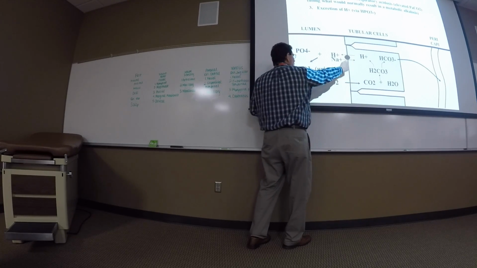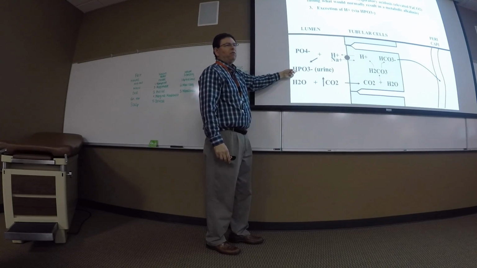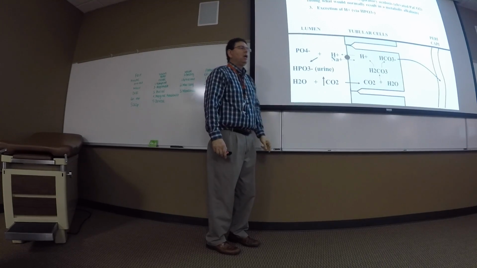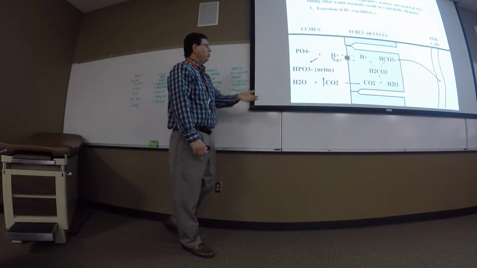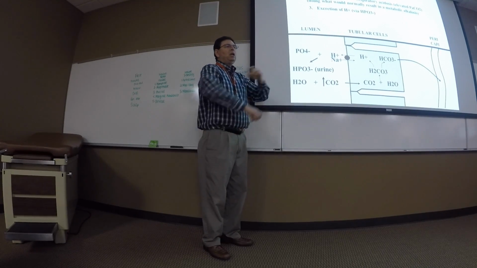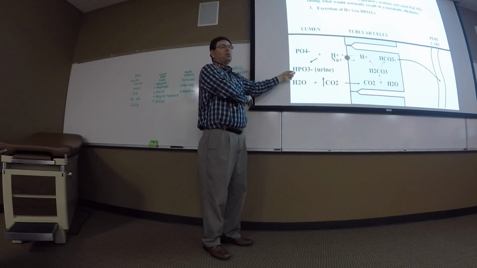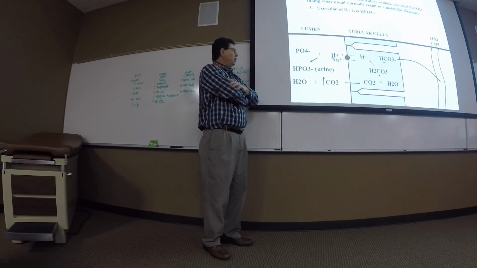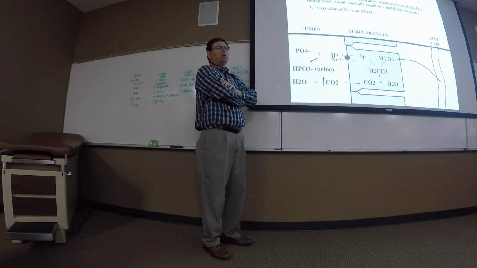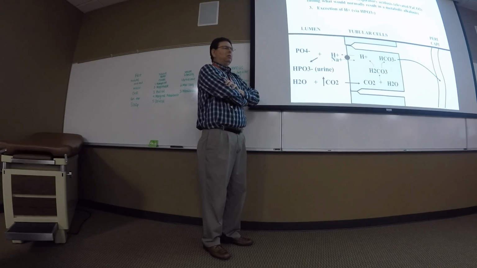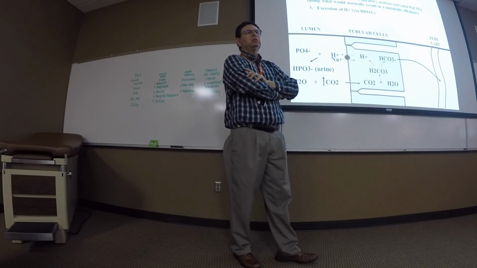The point is, because of that CO2, you can pump out this proton, and this can be released in the urine, a form of phosphoric acid. So guess what? When somebody is suffering any type of acidosis and you have this going on in your distal tubule and in your proximal tubule, the urine is going to become acidified. This is called titratable acid. There'll be titratable acid in the urine. It doesn't make it incredibly acidic, but it does make the urine more and more acidic.